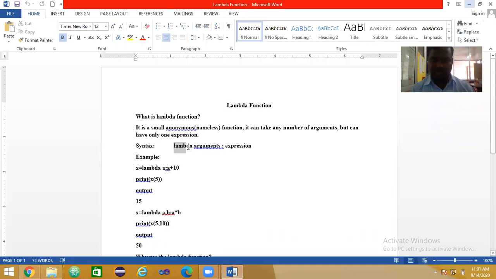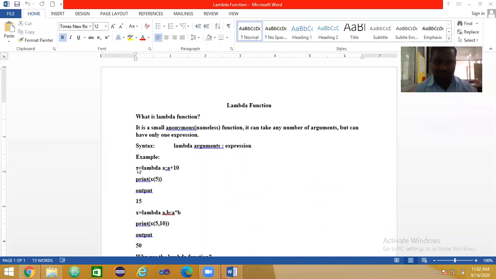Lambda is a keyword, then the arguments, colon, then the expression. This is the syntax to define the lambda function. Here the arguments, it takes any number of arguments. Once I explain with the example, then you will come to know how exactly.